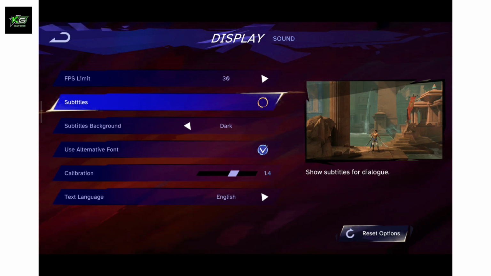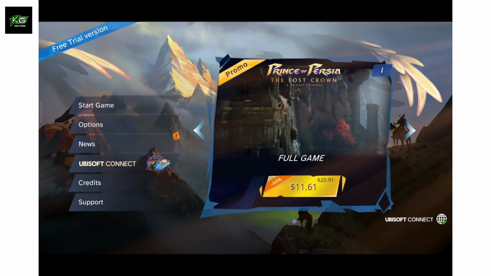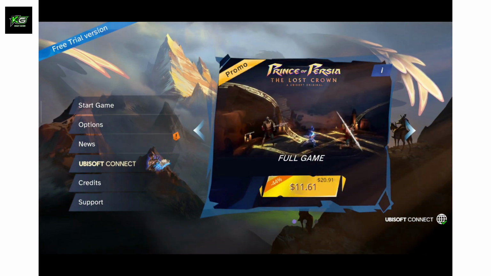If you ever want to turn it on again, make sure the circle is checked and you'll be able to display the subtitle, how it looks on the right corner over here. So there you have it. That's how you can turn on and off the subtitle setting in Prince of Persia: